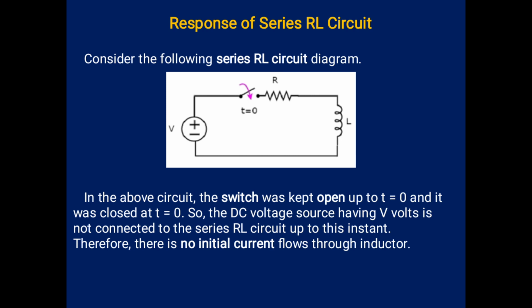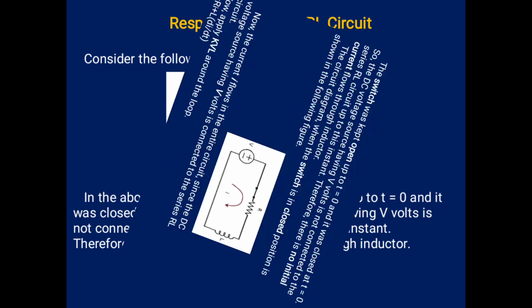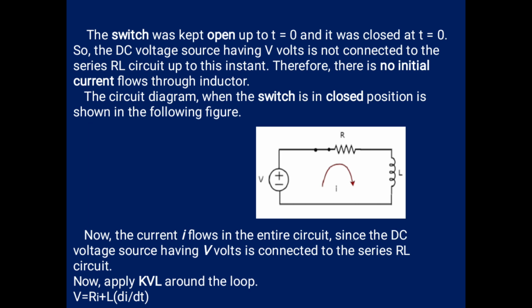During the open position there is no voltage source applied to the resistor or inductor. So before it reaches 0, we take that as the initial condition, t equal to 0 minus. Once it touches the connected position, we consider t equal to 0 plus, that is the initial values. We are not concentrating on that. I will give the values when solving. Next, initially the position reaches 0.